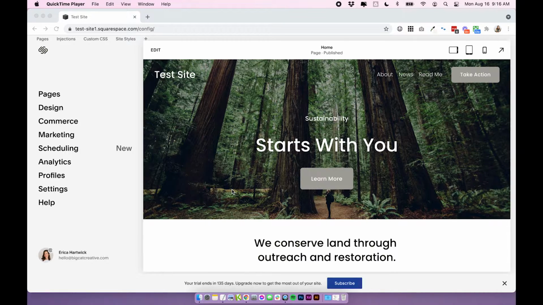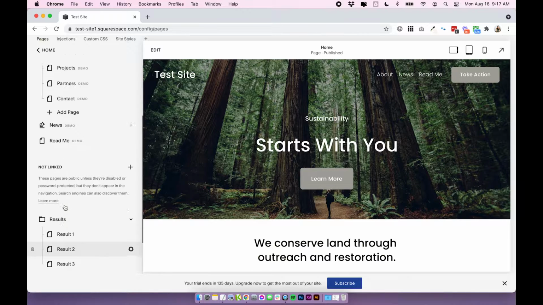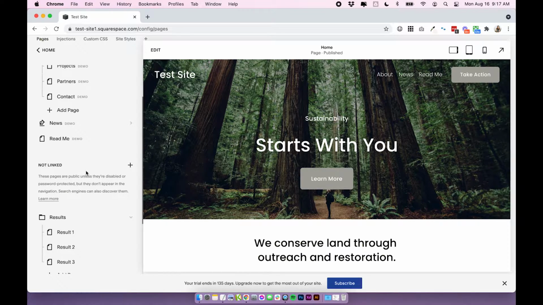Okay, so the first thing you're going to want to do is create your course page or area. I'm currently in Squarespace 7.1, but this will work exactly the same with Squarespace 7.0. In your pages, you'll either want to add a page for your course, or another way of adding a course area is to add a blog. So if you were just to add a page, I'm going to add it in the not linked area and click on the plus. Add a blank page,